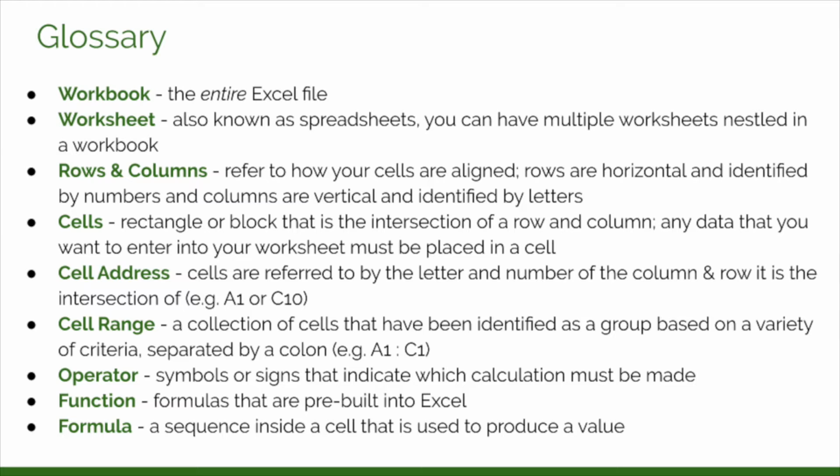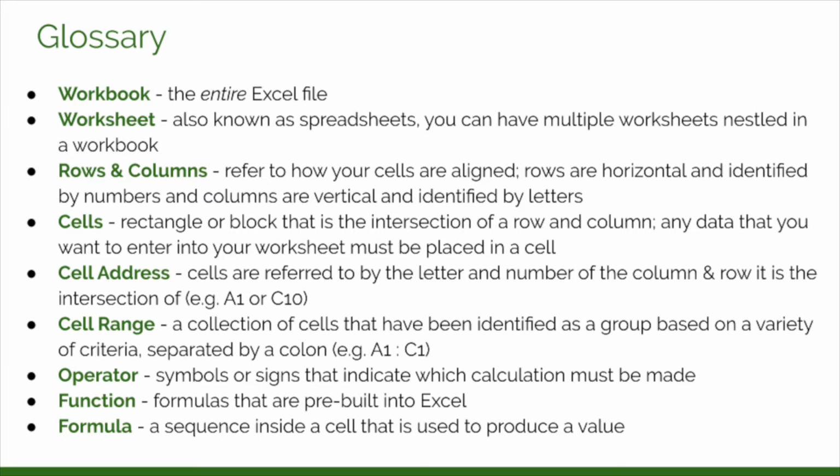I think cell or cells is the most important word that you will need to understand as you use Excel. A cell address is basically what you refer to a cell. It is the letter of the column and the number of the row that it is the intersection of. So cell A1 is basically the intersection of column A and row 1, and C10 is the intersection of column